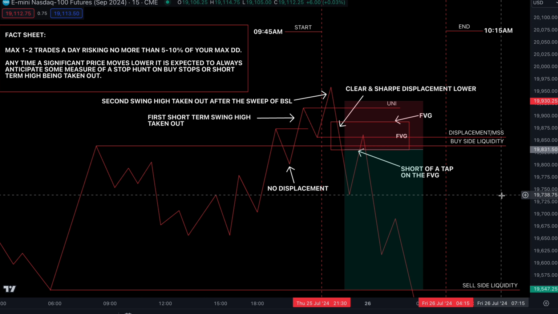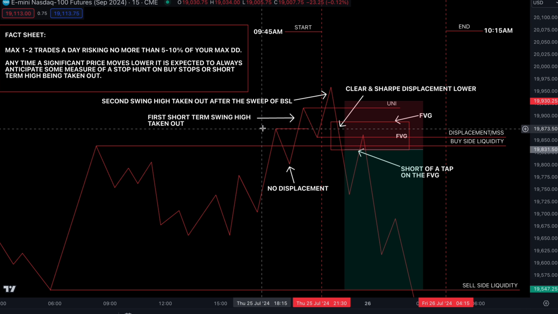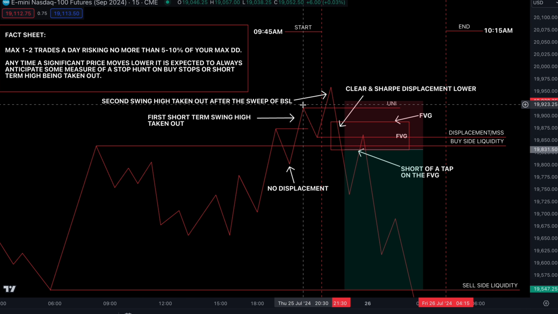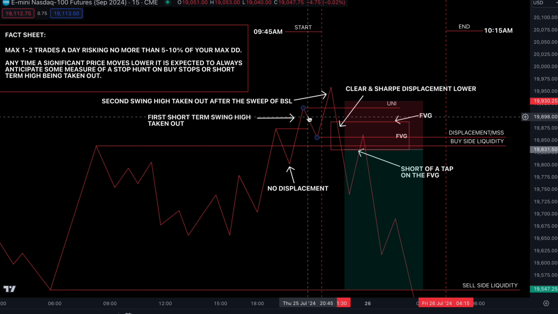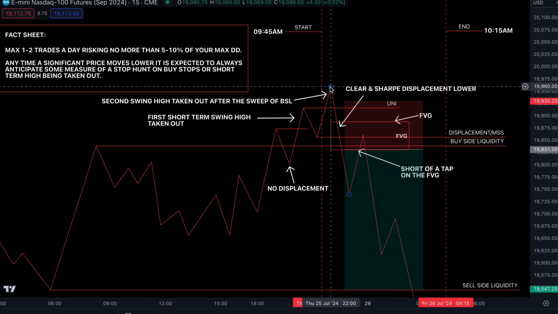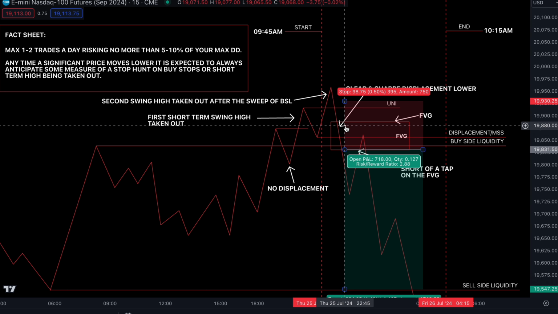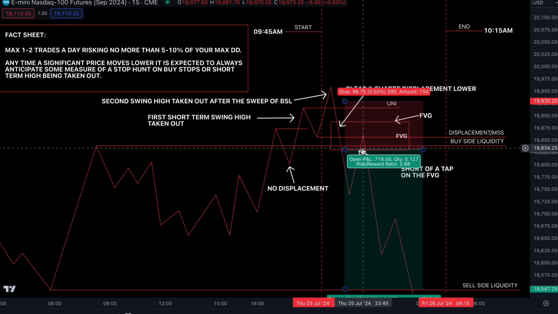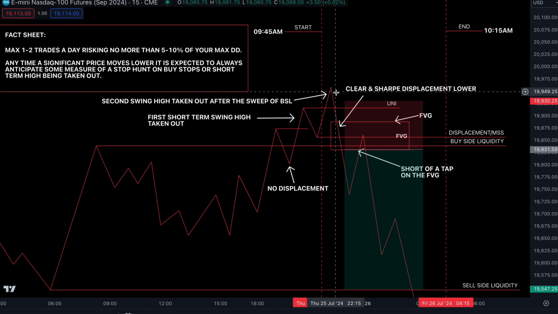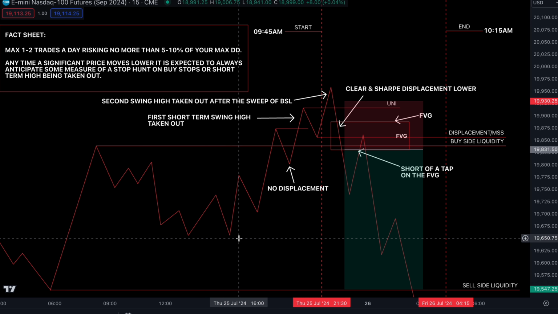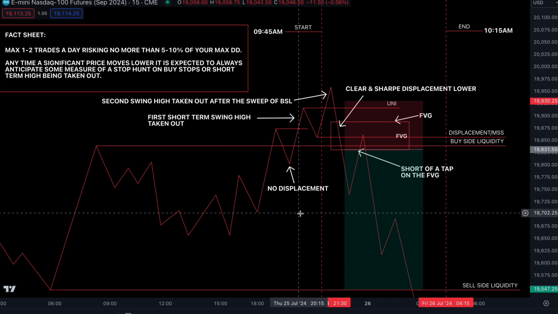I hope I've managed to explain this to you guys in the clearest way possible. We had that first sweep of buy-side liquidity. Price came up, took it out, did not displace. Price then created this previous swing high, came up, took it out again, took more buy stops, displaced inside of the macro. Left behind a bearish fair value gap. Price came up, tapped it, came into it. We already entered short, stop just below the high of the uni, first TP, second TP, final TP. And that is the trade example, and ICT pretty much explained in about 2 to 3 minutes.